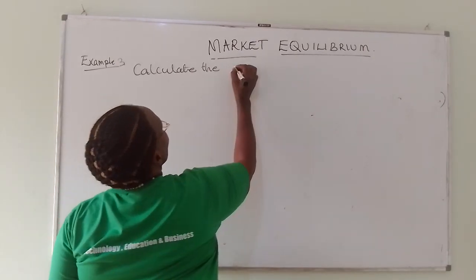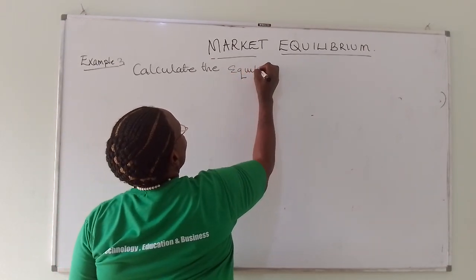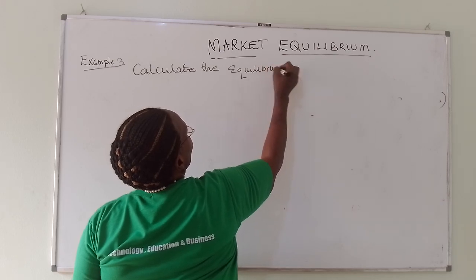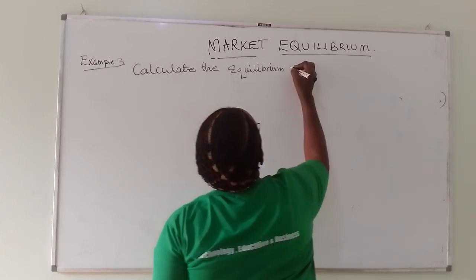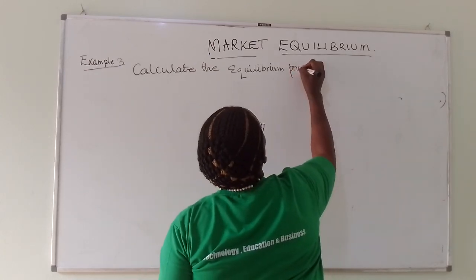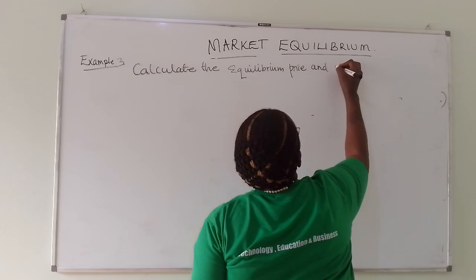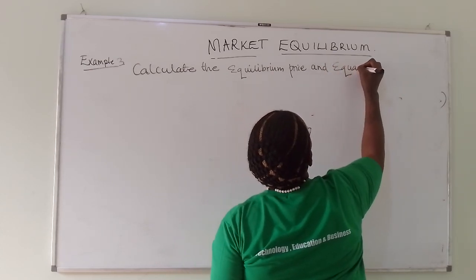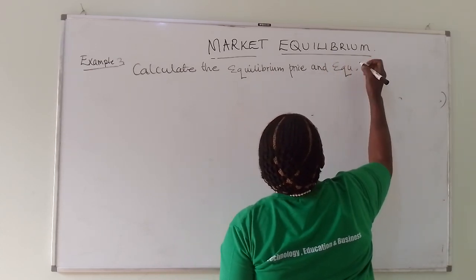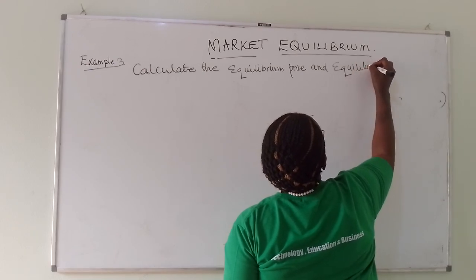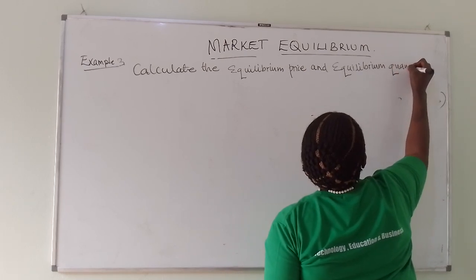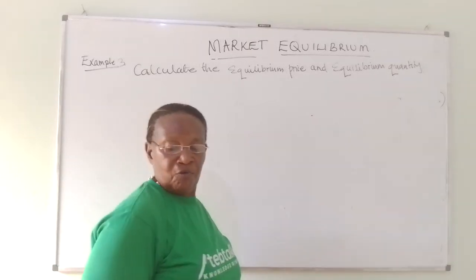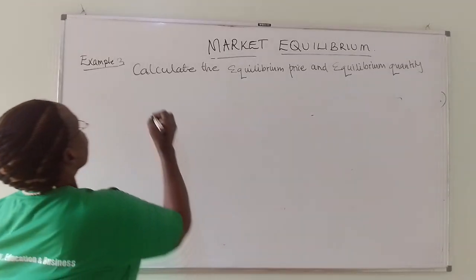Calculate the equilibrium price and equilibrium quantity, given that